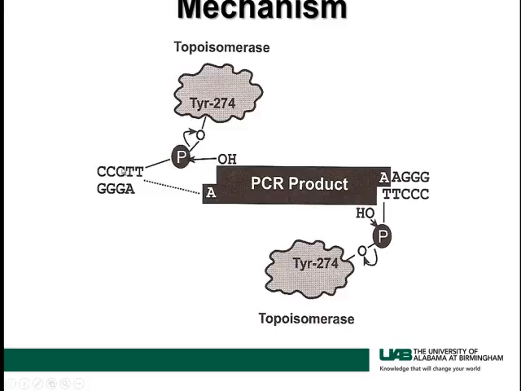Okay, so you have the vector plus the amplified insert that is now ligated into the topo vector, and the end result is that when this reaction takes place, the topoisomerase falls off the vector, and so now you can